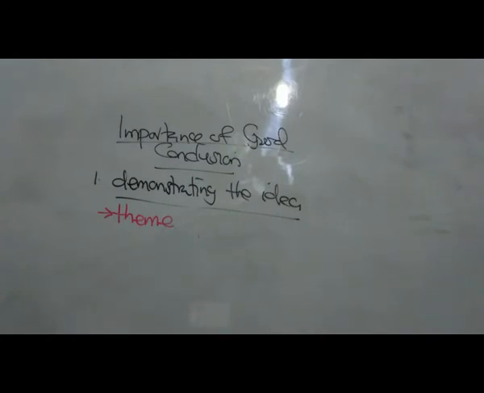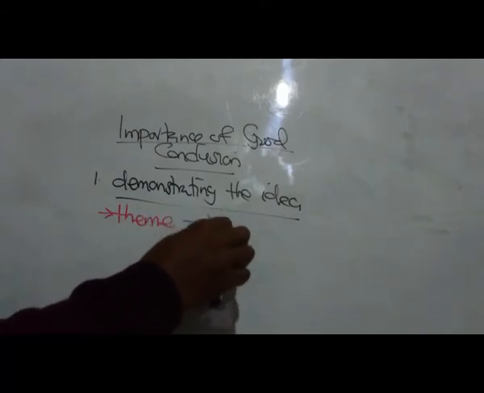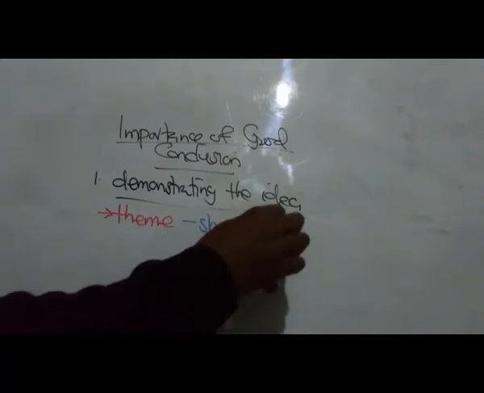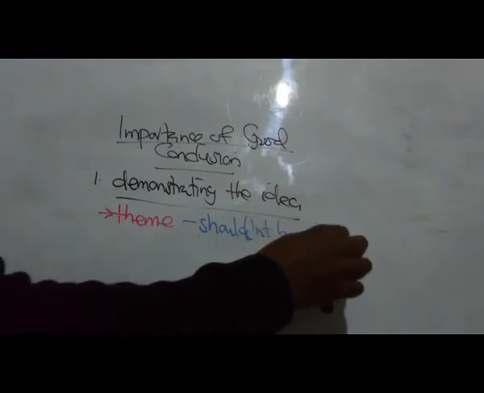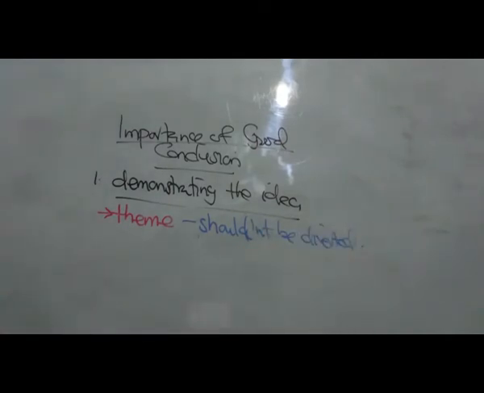For example, you are writing a story about an unknown land, or a land which is to be discovered. Or maybe you're telling us of a mere story of an individual, who will be the main character in the story. So how does the story end? The theme should not be diverted. It's to stay the same. It is very important in the conclusion, because we are now seeing the theme bring about all the ideas, and that's what we call demonstrating the idea. But remember this, the theme shouldn't be diverted.